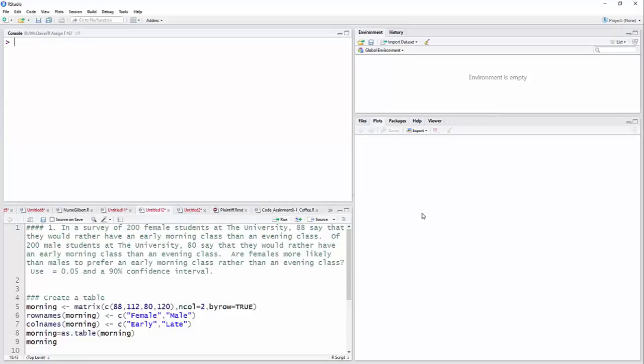Okay, let's take a look at a problem with a two-proportion z-test. We have 200 female students. 88 say they would rather have an early morning class than an evening. Of 200 males, 80 say they would rather have an early morning class than an evening. And then we want to know if females are more likely than males to prefer an early morning class rather